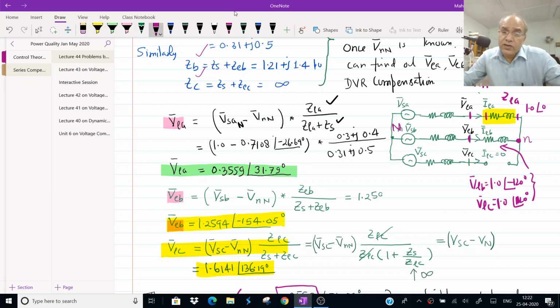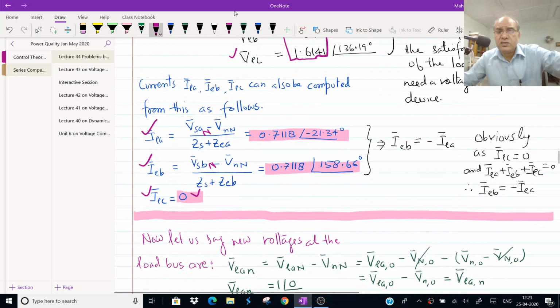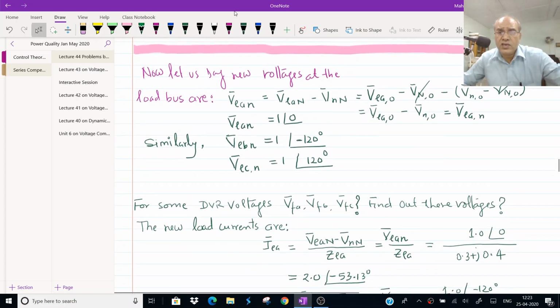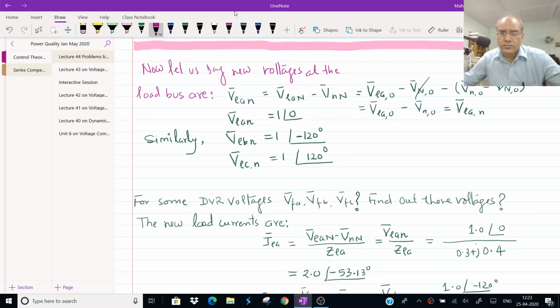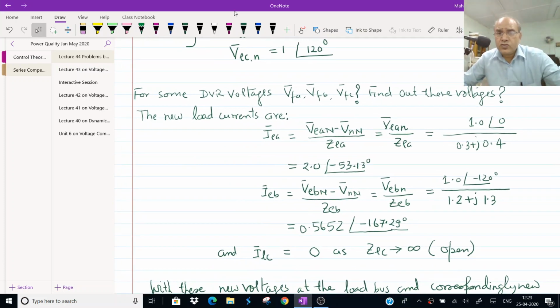Therefore, the problem becomes similar to the first one, because I am computing as if this is my reference point, let us say ground point, and I am solving this problem with respect to this neutral, small n. Okay, and then if you do, it is almost the same problem. So therefore, if you see, this is my BLAN. Okay, the whole thing is small n here. So BLAN is equal to 1.0 per unit. You can see it here.